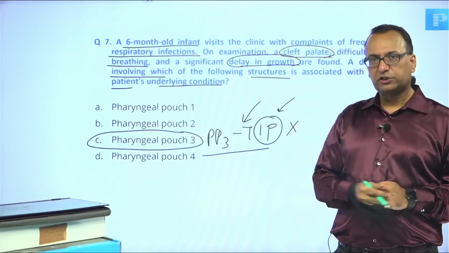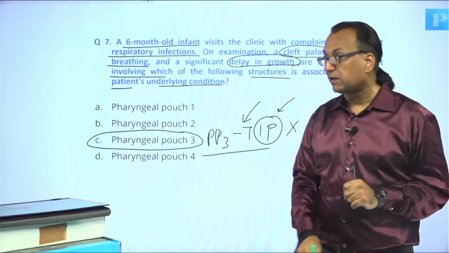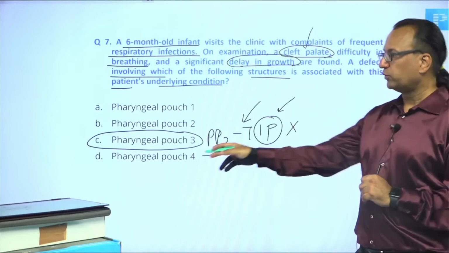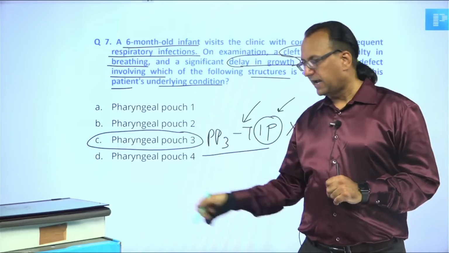This is a vague question. We don't have enough information. I'm getting my information just by the fact they have given cleft palate and pouches. If I find cleft palate and pouches, I think,